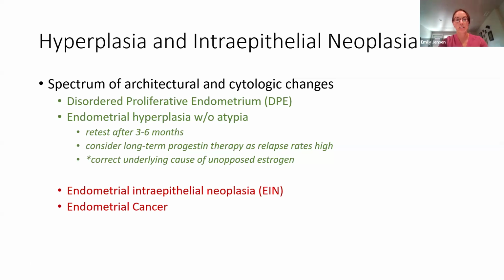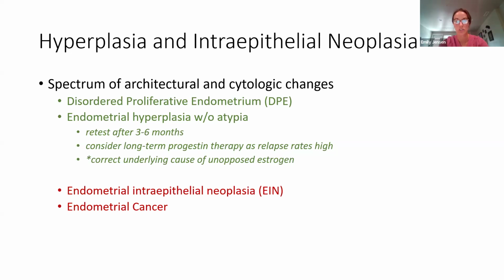So in this green zone, which is where our patient was, at the very far left, meaning less concerning, is disordered proliferative endometrium, or DPE. That's a result you can get, and that one's very much in the green zone. But once you start transitioning to endometrial hyperplasia without atypia, they recommend that you retest after 3 to 6 months. You want to consider long-term progestin therapy because the relapses are high. And then you want to make sure that you're correcting for underlying causes of unopposed estrogen. So for this patient in particular, since her labs looked well, getting her working on some weight loss,